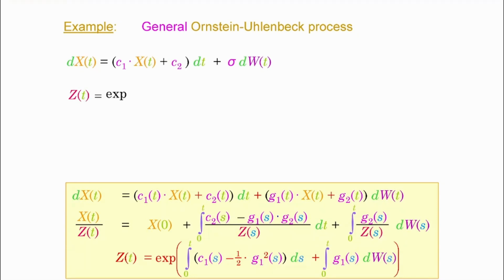Now, first off, again, just focus on this row here. So the final one. This is e to the power of, and then you have the integral from 0 to t of a constant. You see, C1 is a constant now. This becomes here C1 minus 1/2 times g squared. Now, g1 squared here is sigma, right? Okay, sigma is the, no, that's not. 0, that's going to be 0. That's going to disappear. That's not there anymore.